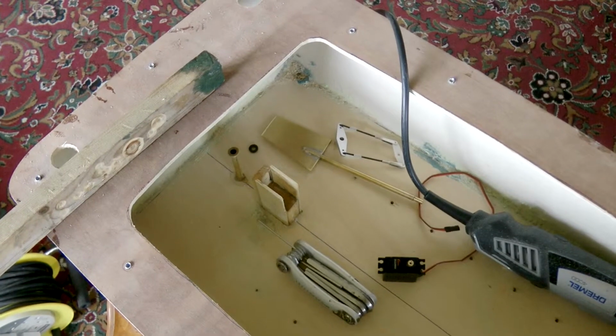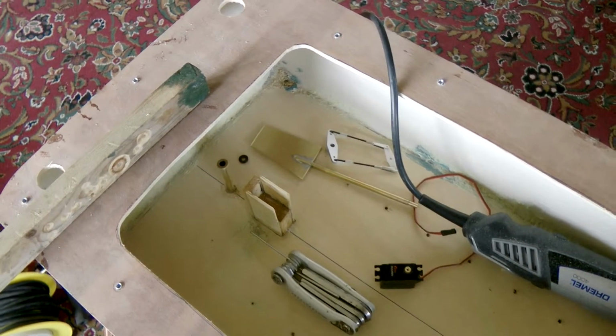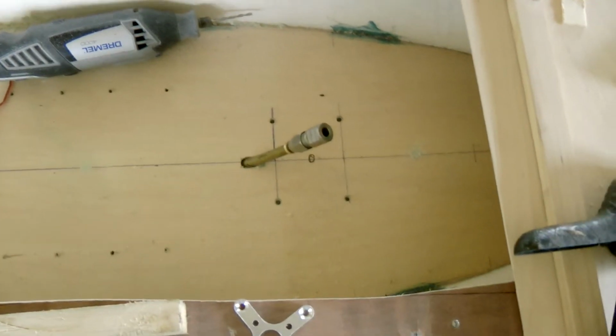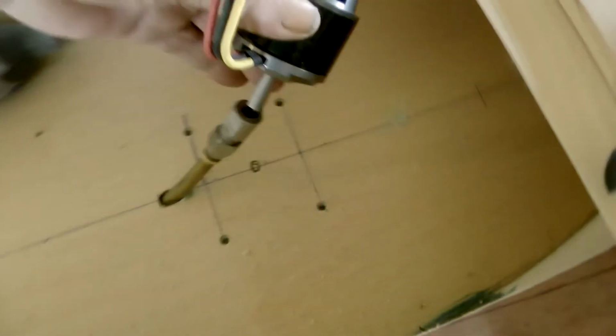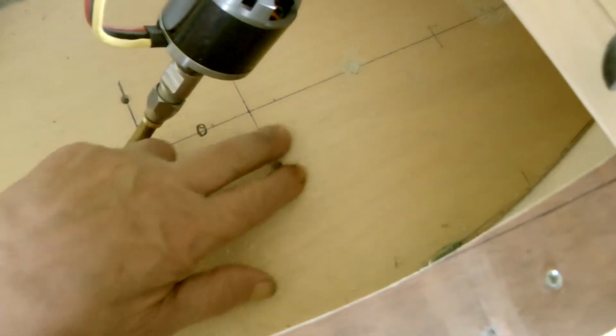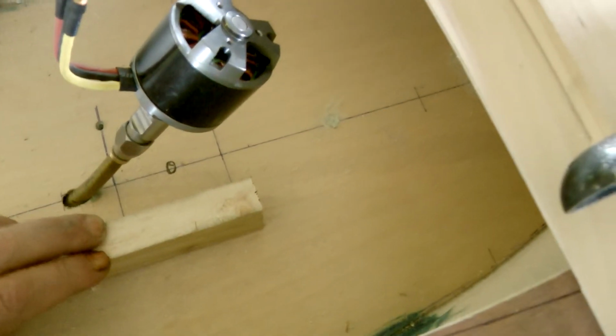I'm going to have to finish the drive shaft before I can grease the rudder and mount it for the last time. So that means making a motor mount. The motor is going to sit in there like that, and in these holes there's going to be a square block, roughly that sort of dimension,